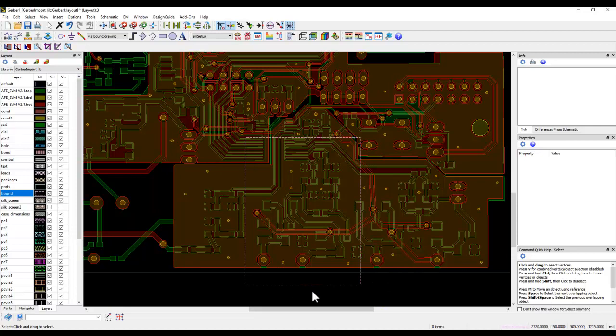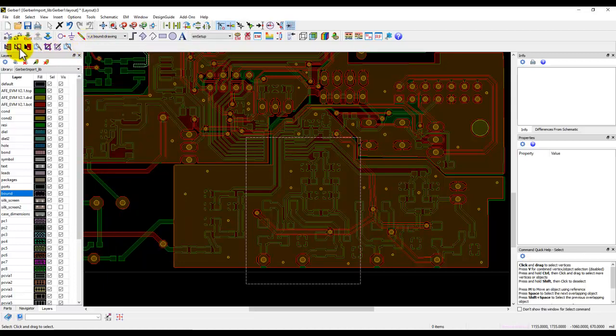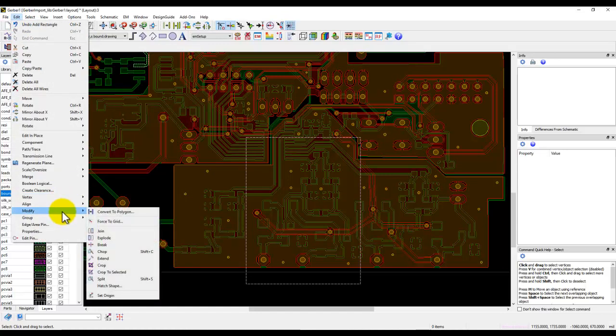Once I mark the rectangle, I can go ahead and enable this toolbar by simply right clicking anywhere on the empty area in the toolbar and selecting Edit Shapes. Once we select Edit Shapes, these are the toolbars. If you don't activate it, you can always get it from here. You have chop, extend, crop, and all these commands here.